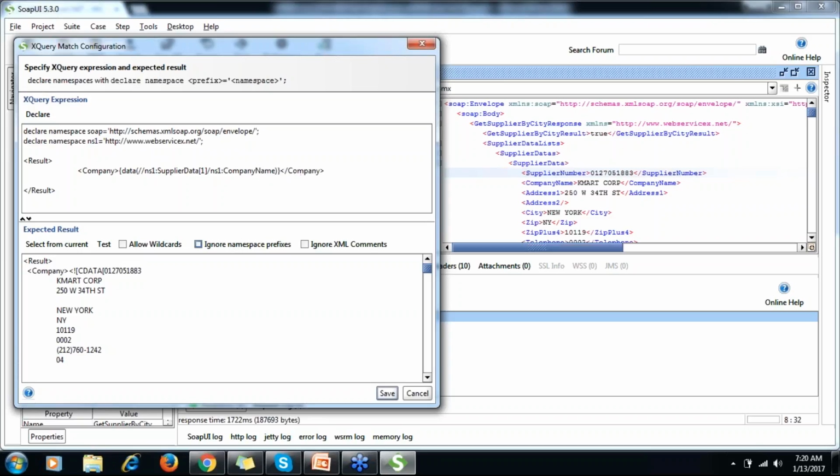It's company name, right? If I click here, select from current, I will get the desired result. Our desired result is that it should display Kmart Coop. So this is the syntax, team, for XQuery: the format in which you want to display your data, then in curly brackets data, then parentheses, and then your XPath. This is how you write XQuery.